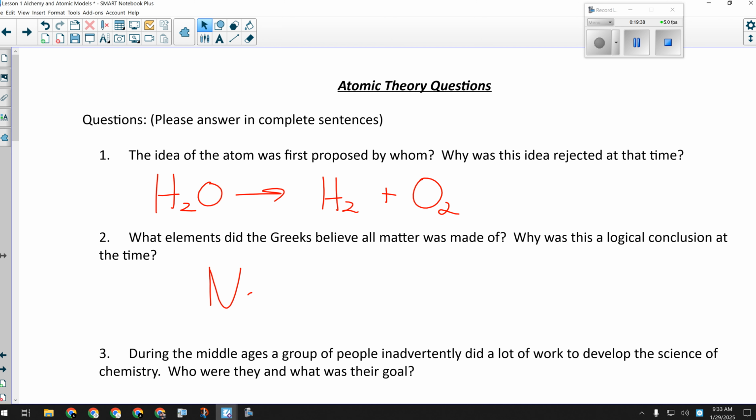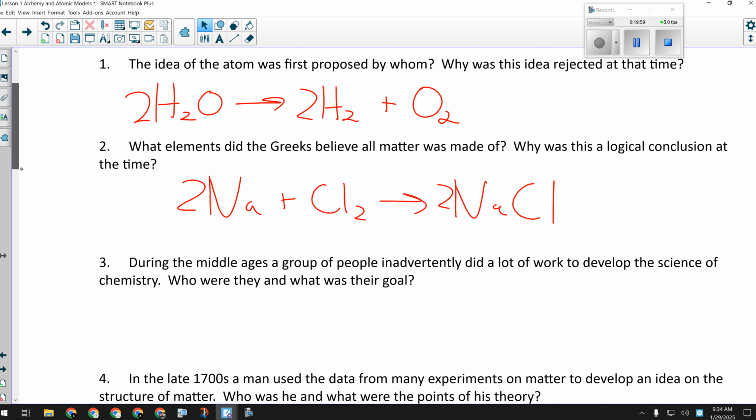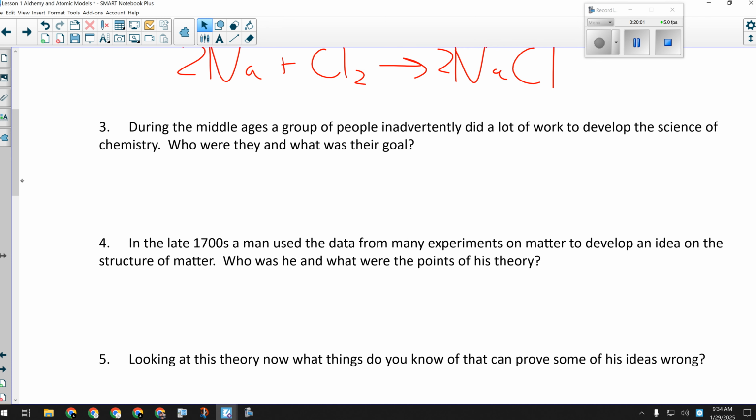So I'd have like Na plus chlorine would make NaCl. This would be a 2 and a 2 here. This would be a 2 and a 2. So that would be separation. That would be joining. And then a rearrangement would look something like this. So we might have